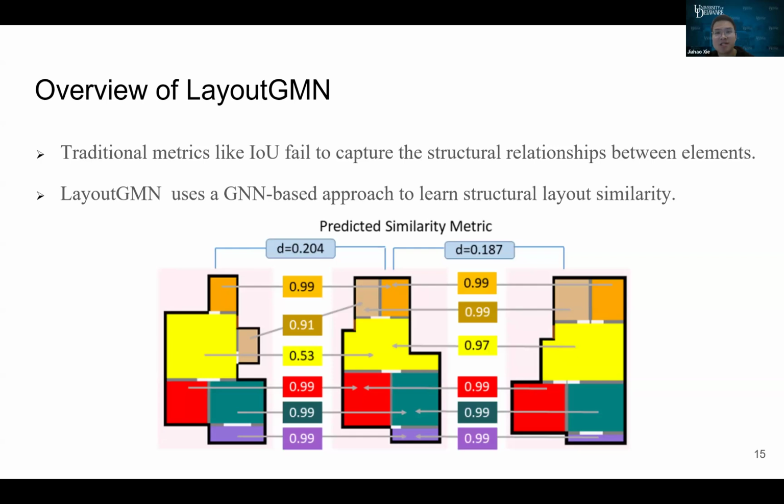Now let's move to the second paper, Layout GMN: Neural Graph Matching for Structural Layout Similarity. This paper presents a method specifically designed for comparing two-dimensional layouts, such as floor plans or user interface designs. In many design applications, the goal is to find layouts that are structurally similar, even if they differ in appearance or minor